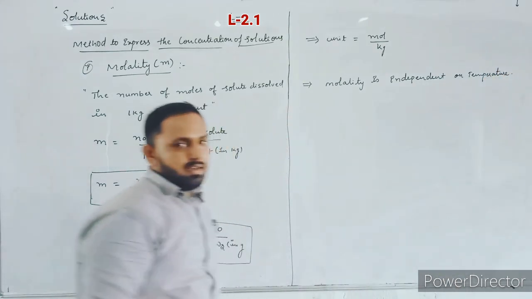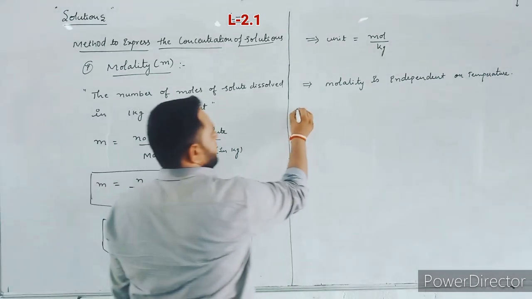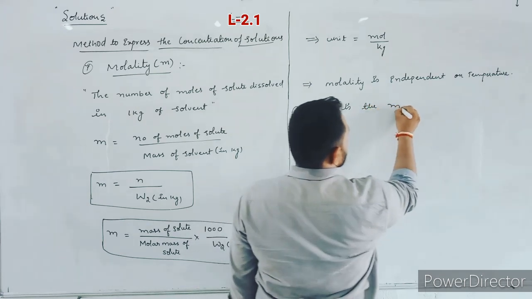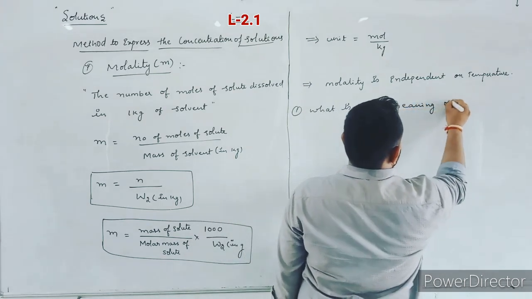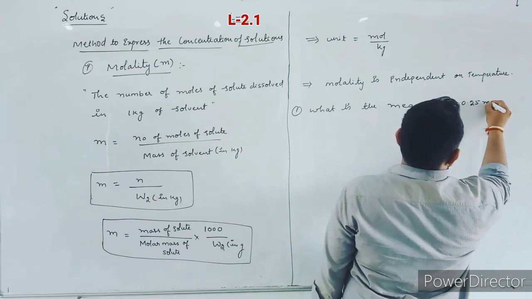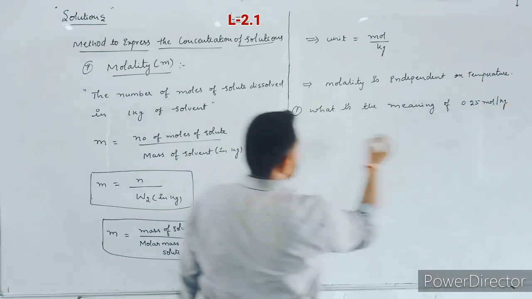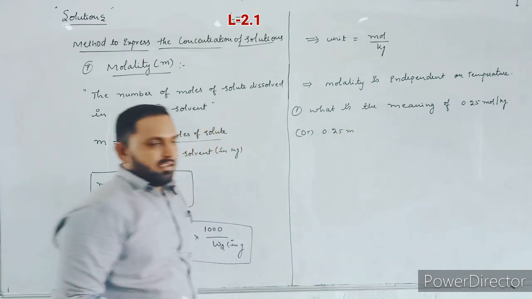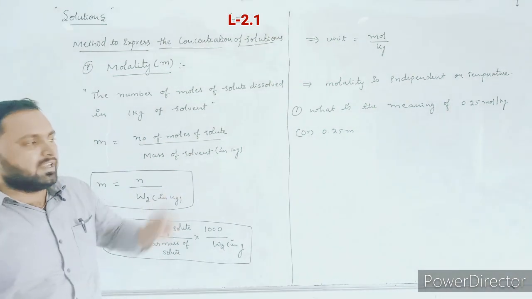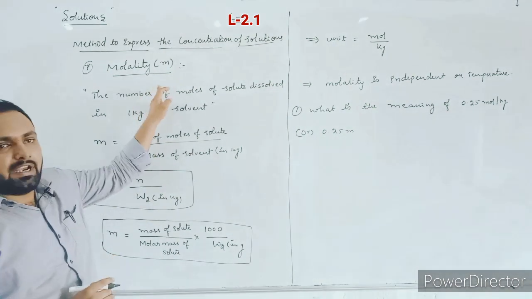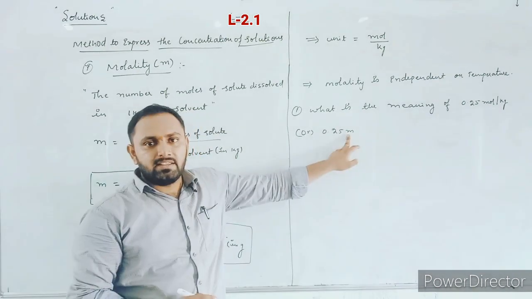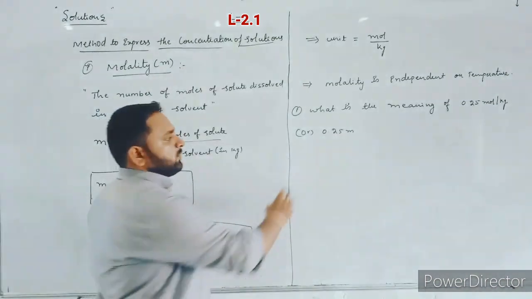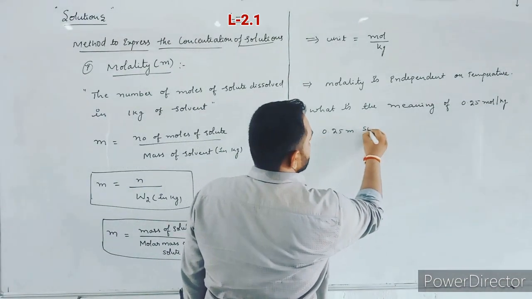Next let us solve one numerical based on molality here. The first one, what is the meaning of 0.25 mole per kg? We can represent it like this also: 0.25 m. Here small m represents that the concentration is expressed in terms of molality. If capital M is there, then the concentration of solution is expressed in terms of molarity. Here 0.25 molal